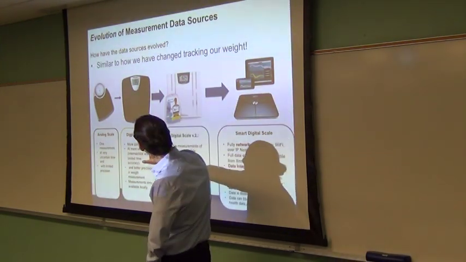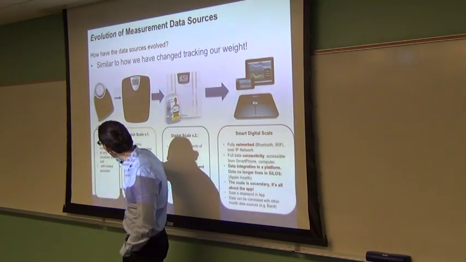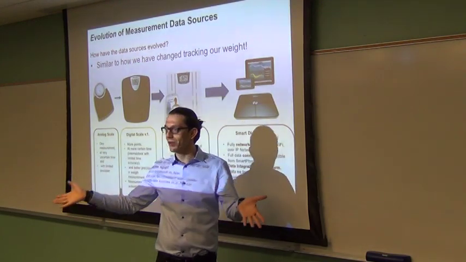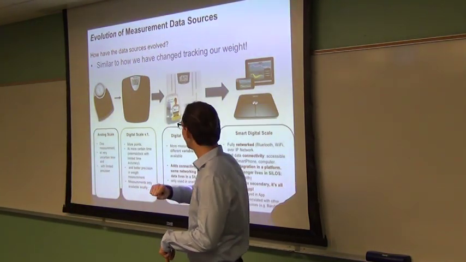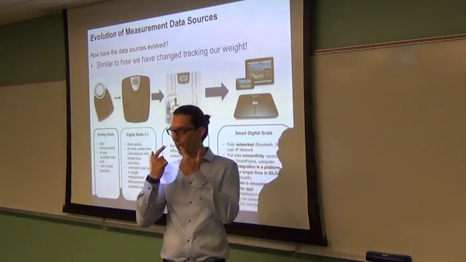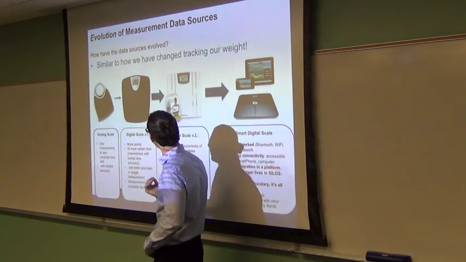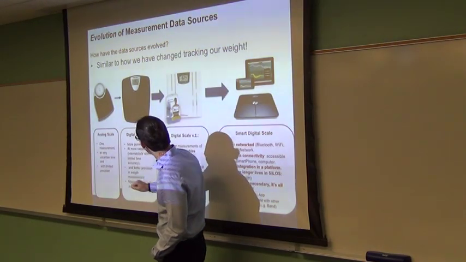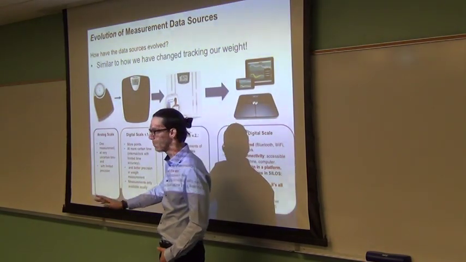Then we had the first digital version of these scales. In this case, you had only one measurement at a very uncertain time. If you look at your watch, you could tell what it was and record the date, right? And it had limited precision, both the scale and your eyes. So there's a lot of uncertainty on the measurement there. And you went to the next version. So then you had a digital clock there. You had more points because you had this precision that your eyes probably cannot make.